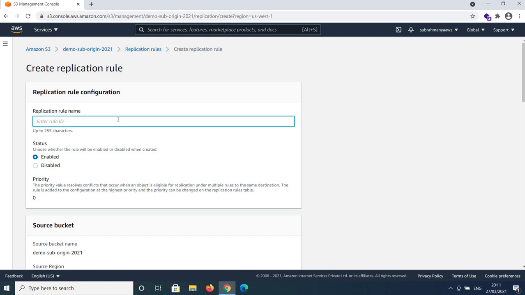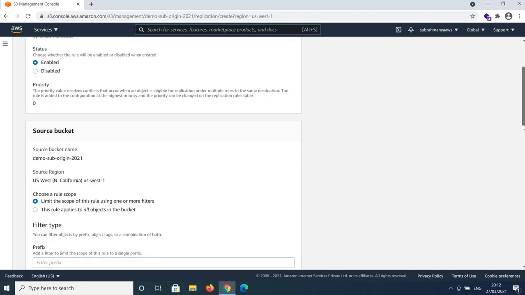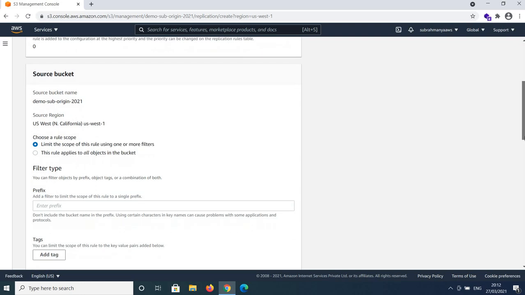Give name to replication rule. I will give name demo rule and status should be enabled. You can scroll down and you can leave other things to default.